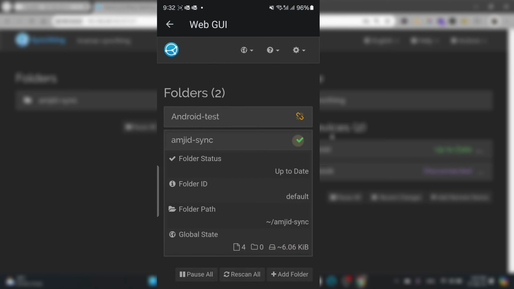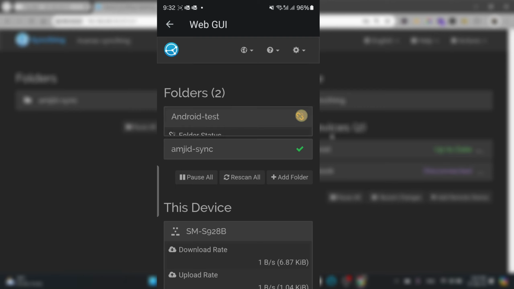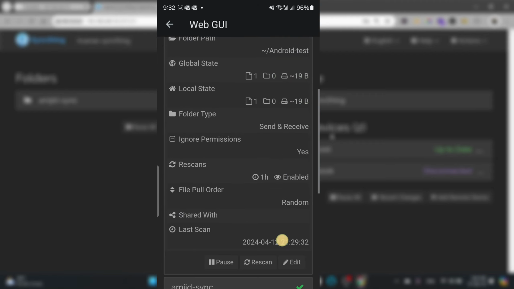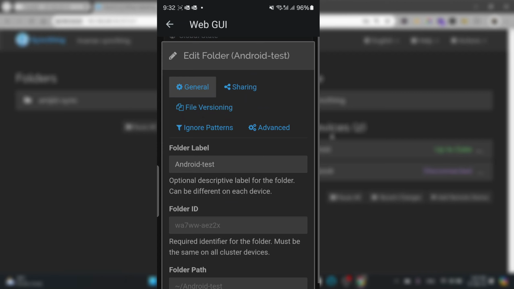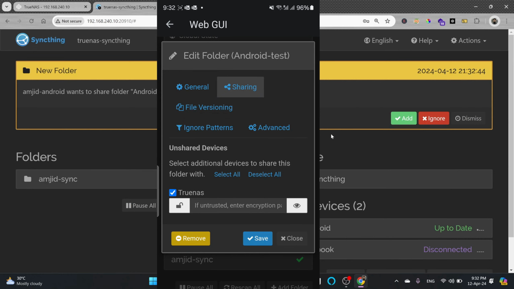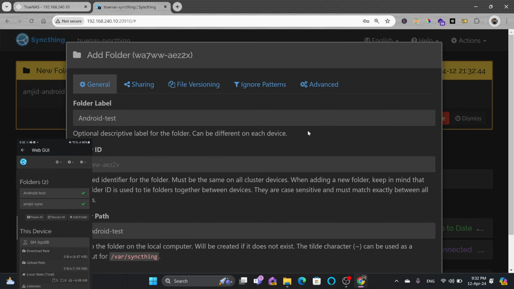Once you connect it, you can see that I have created two folders here. One was the folder which I created here, and I want to synchronize this folder to the remote device. If I go into edit, you can see sharing, and in sharing I need to enable TrueNAS and save. The moment I enable TrueNAS here, I have to add it there, and it will be available on my